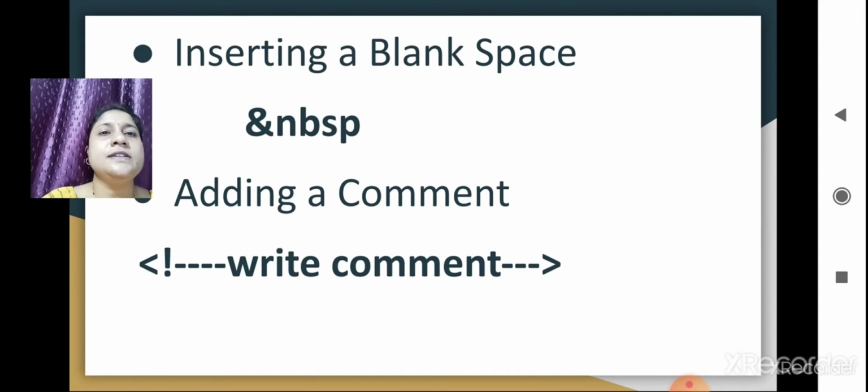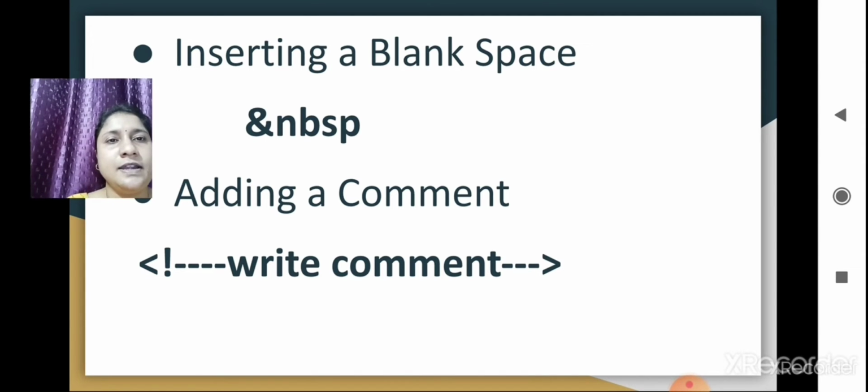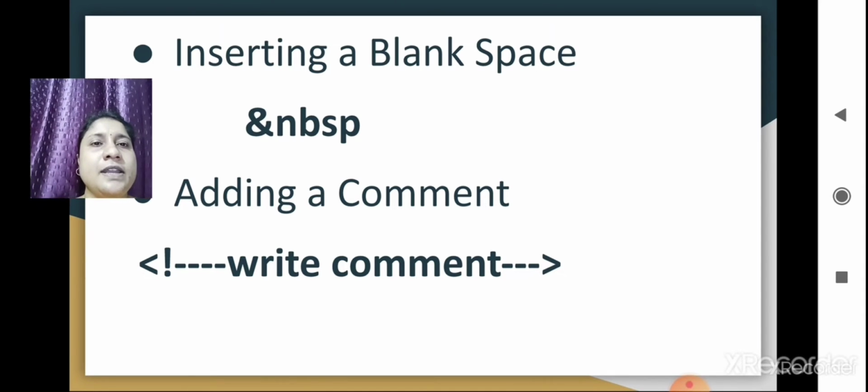The next is inserting a blank space, that is ampersand NBSP. With the help of this ampersand NBSP, you can give a blank space. You can insert a blank space within a line of text.